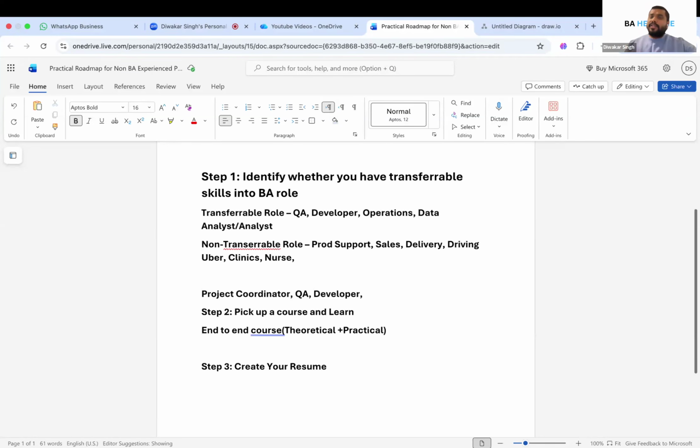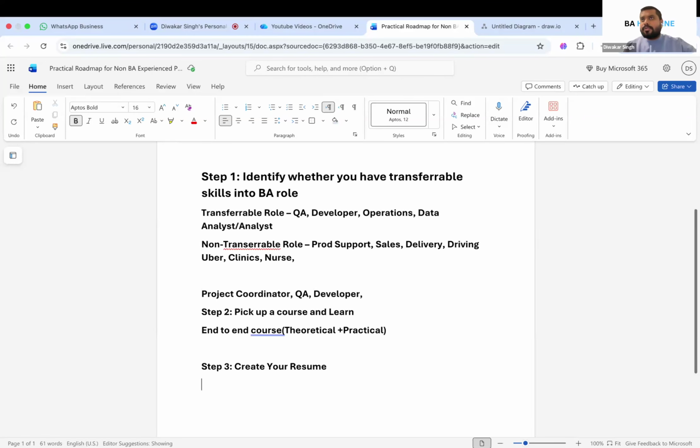Okay. So let's say for an example, and I always say keep a 4 is to 6 ratio. For an example, let's say you have 10 years of experience. So you can show 4 years of experience as a BA and then the remaining 6 years as your original experience. Now, again, a lot of you will have a question: what will happen during background verification if I show my experience as a BA?